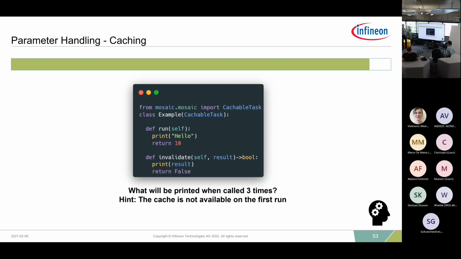So how often do we print hello? Just once. Just once, exactly. And then 10 times. Exactly. So in the beginning, we have no cache, so we don't have a result, so we cannot call the invalidate function, right? Meaning it goes through the run, says hello, and returns the result 10. On the second run, because it's stored it now in the cache, it will first invoke the invalidate function to